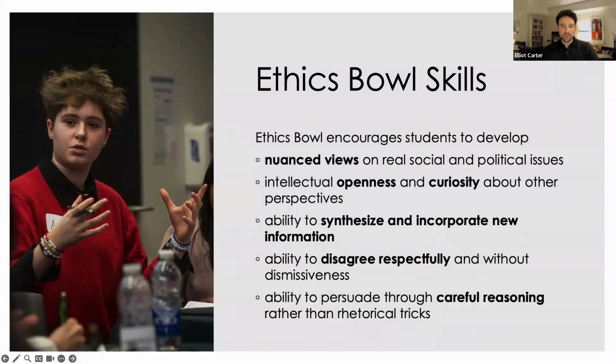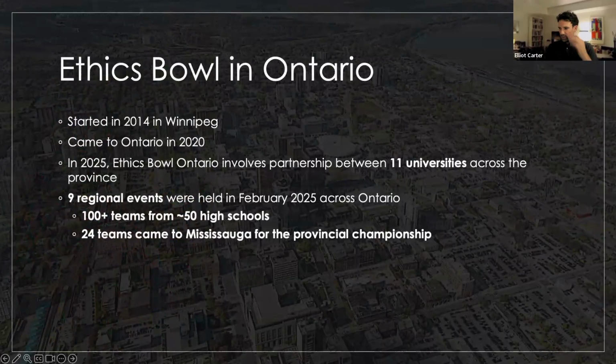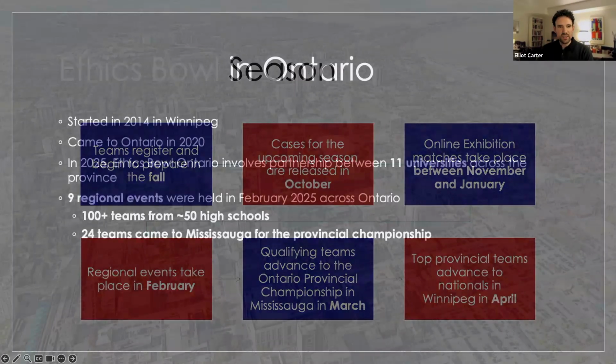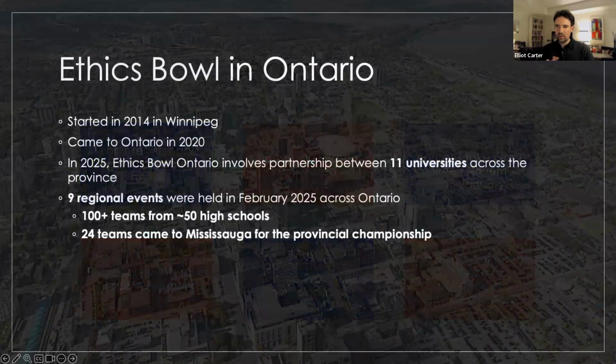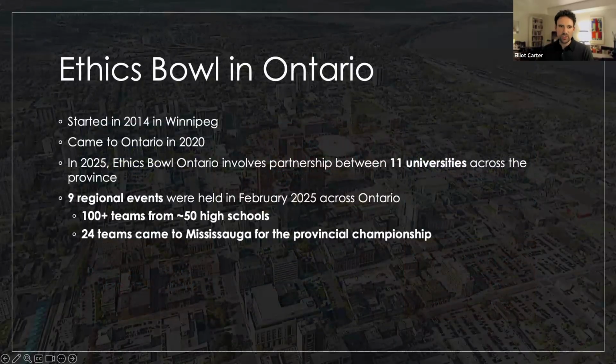Also, we hope that Ethics Bowl develops an ability to persuade through careful reasoning rather than just rhetorical tricks. Okay, so I'll tell you a little bit about the history of Ethics Bowl in Ontario and in Canada. It started in Canada in 2014 in Winnipeg, and then came to Ontario in 2020. And it was much smaller at the time. We didn't have all these regional events that we have now. It was just one event, but it's grown quite a bit under the stewardship of Jeff Siness, who's